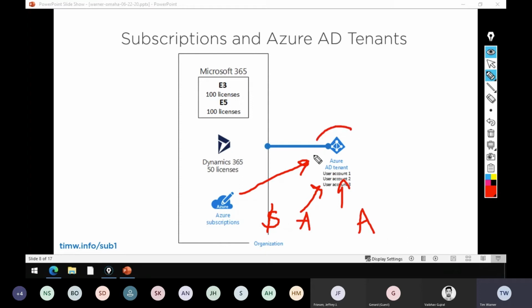But we can simplify identity and access by having a trust relationship with that single tenant. And again, as we mentioned earlier, Azure AD is also used with Microsoft 365 and Dynamics 365. So we can apply licenses from those platforms in our tenant, give them to our Azure AD users, and they can transparently access resources across the Microsoft Cloud Platform.